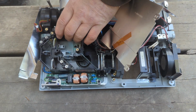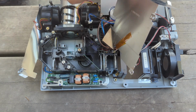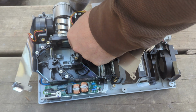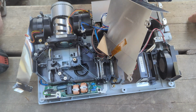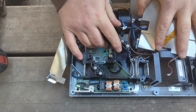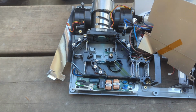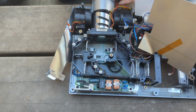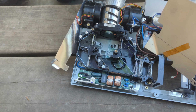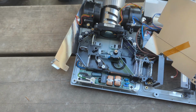Okay. I guess I should be using a, well, this is not going too well. I need a longer bit, I suppose, or I could lengthen this a bit. Yeah, I could do that. Yeah, this won't stay in. I guess I could go in and grab a screwdriver, but